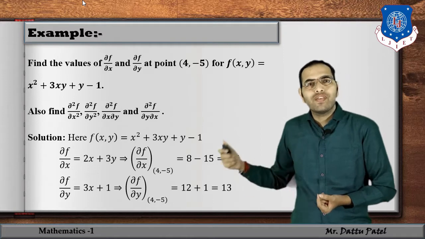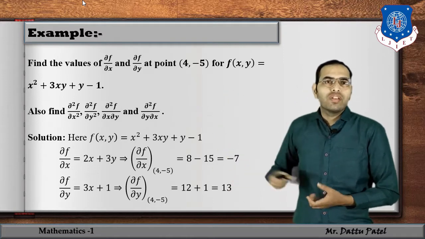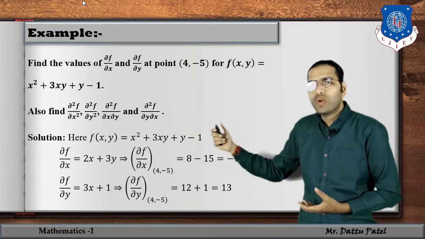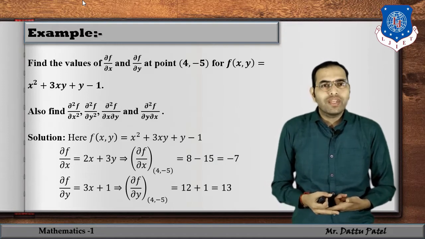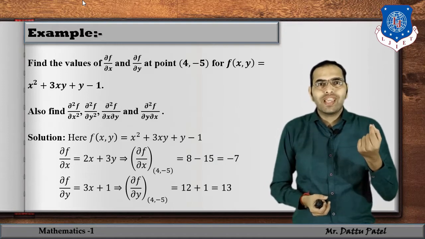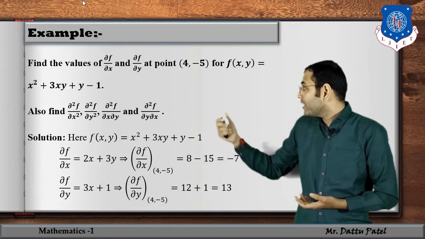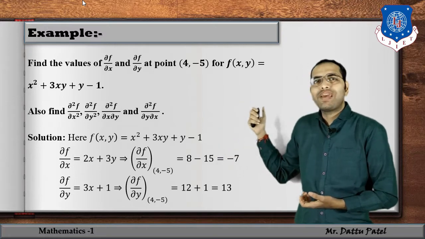Here y minus 1 is also a constant, and you all are aware that the derivative of a constant is 0, so it becomes 2x plus 3y. Now substituting the point 4, minus 5, where x is 4 and y is minus 5, del f by del x at 4, minus 5 becomes 8 minus 15,